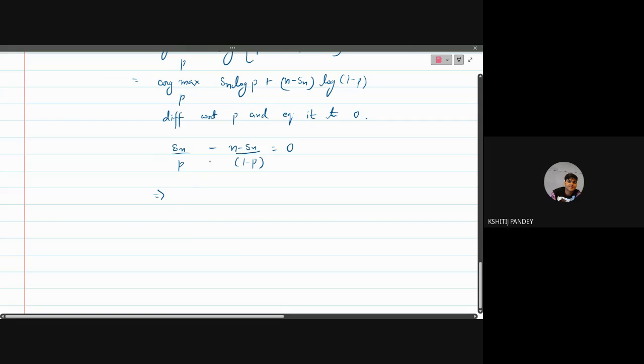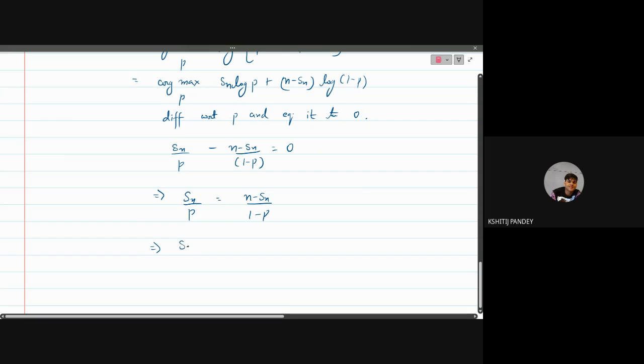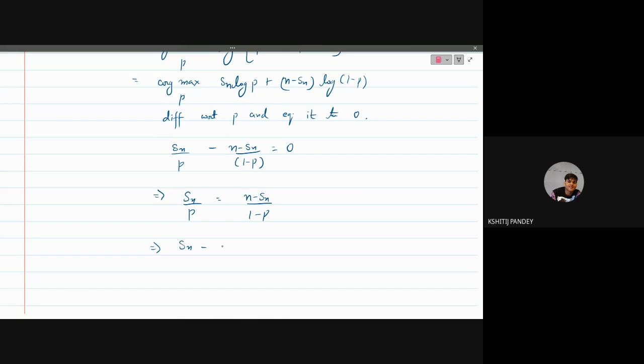Then this implies that we'll move this term on the right side. This is Sn by p equal to n minus Sn by 1 minus p. And further simplified, so this is Sn minus,